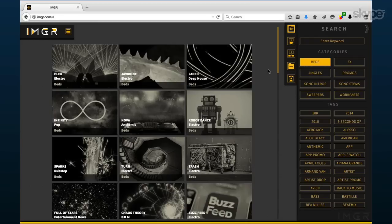In other words, if you're a PD or an imaging director and you take one of our services, it will be market exclusive, and that truly means market exclusive. It means that your competition isn't going to have access to any of the beds or any of the effects, work parts, or any of the other content within that. We have lots of evidence of how annoying that is for PDs when they think they have something exclusive and it's not 100% exclusive. Mark, if I've got a country station, once you roll that out and I'm competing against a CHR station,